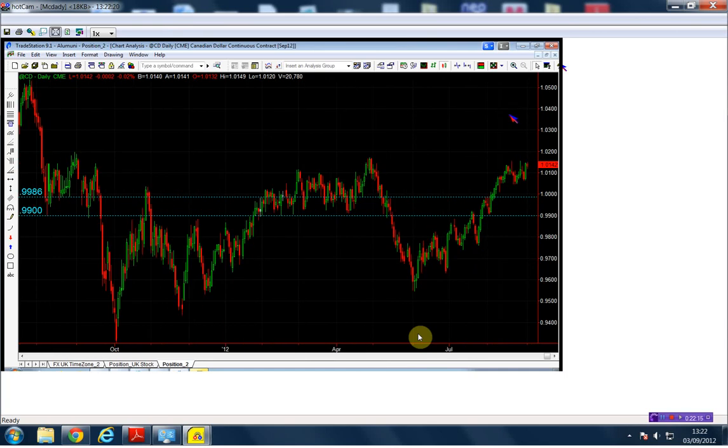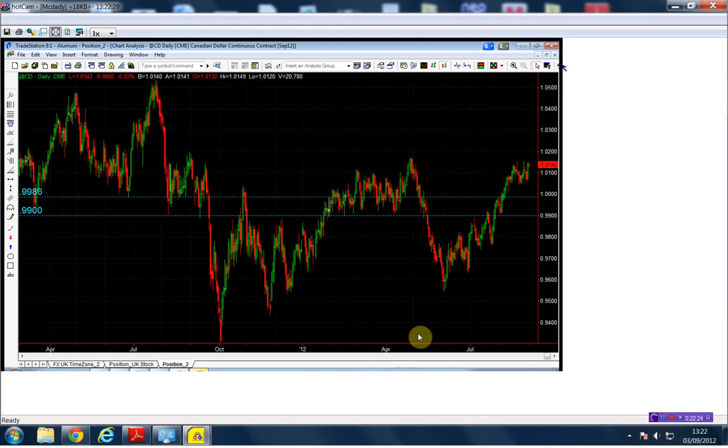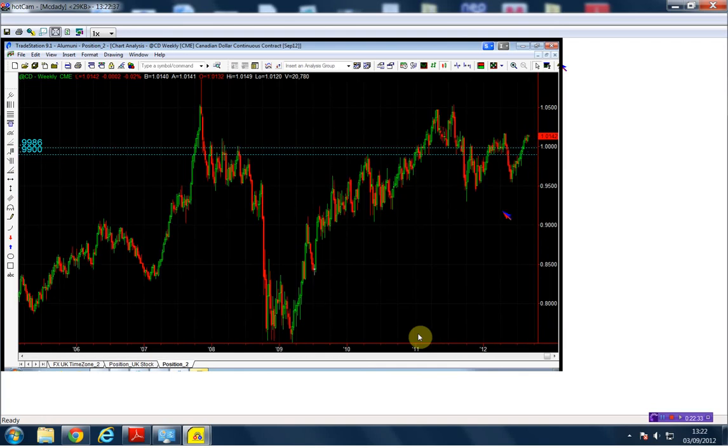Guys, you can see that from, I would say, May of this year, the Canadian dollar has been on a strong move to the upside. It came above the 99 figure, and now it has come back to this important structural point over here,